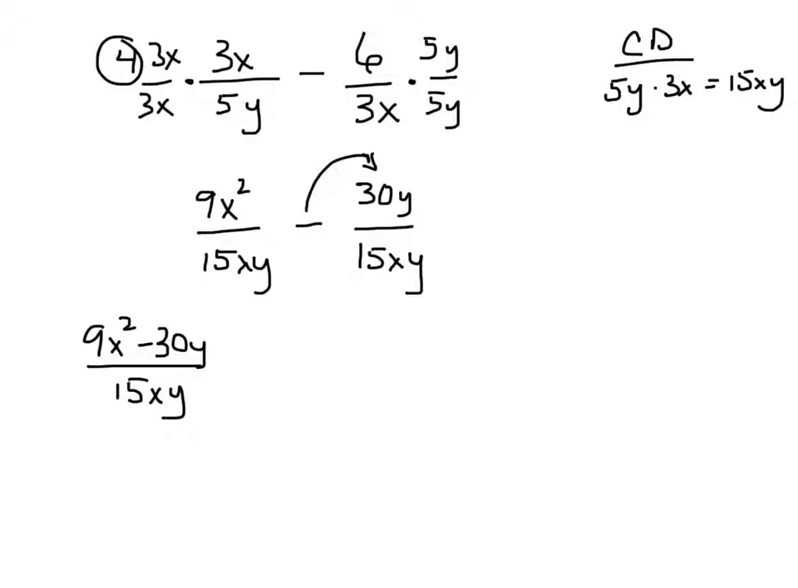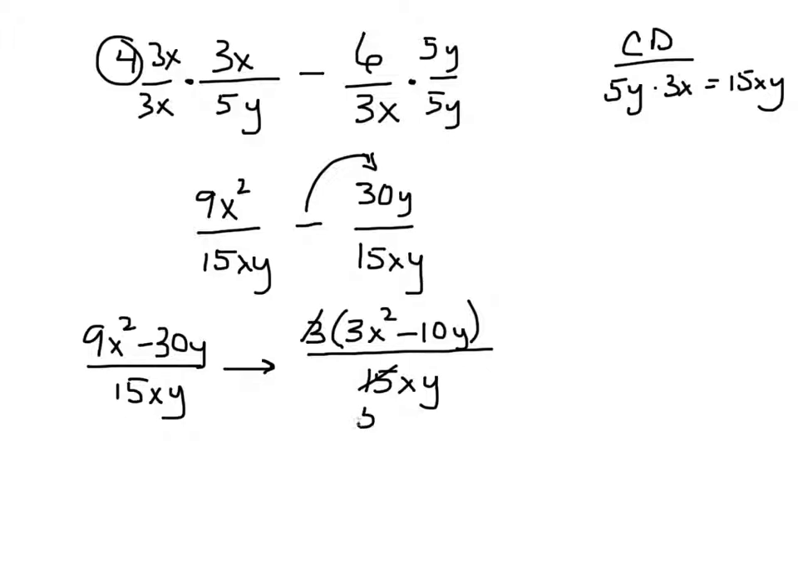Okay? And then now I've got to look to factor. So on the top, I can take out a 3. And I'm left with 3x squared minus 10y. Take a 3 away from each one of those. On the bottom, I got a 15xy. And you'll notice 3 goes into 15 5 times. So now my final answer here becomes 3x squared minus 10y